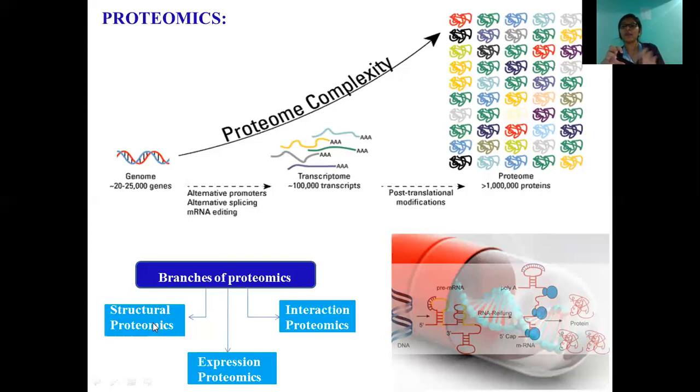This group of enzymes, this group of proteins involved in a particular pathway, you can identify with the help of the interaction between them, because these proteins have a similar function, so they interact with each other and come into one group. They are easily pulled down with the technique of co-immunoprecipitation. It is most commonly used, and this is one of the best advantages of that technique: you can identify the whole group of that protein complex involved in a particular metabolic pathway. So this is all about proteomics and the different proteomics techniques used to study the protein complement of an individual.